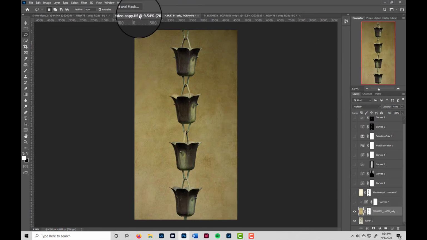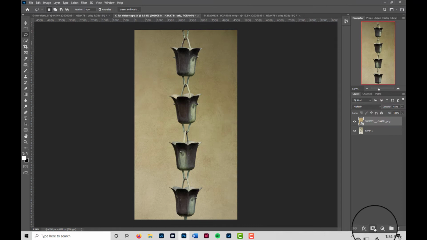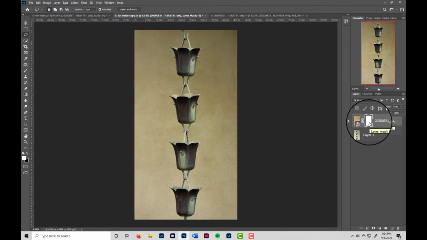Let's go ahead and build it to specification. So I have the multiply blend mode. We're going to decrease the opacity to 65%. Now, how do you get a layer mask? You simply come down here, click on the mask. We have a white mask, which means everything is applied. And now, if you just paint with your paintbrush, if we go to the brush tool by hitting B,